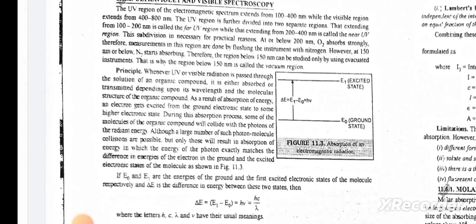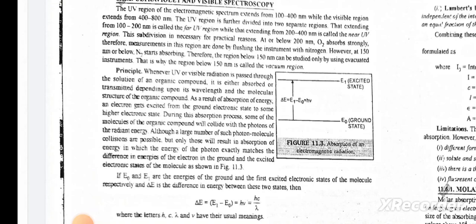Principle: whenever UV or visible radiation is passed through the solution of an organic compound, it is either absorbed or transmitted depending upon its wavelength and the molecular structure of the organic compound. As a result of absorption of energy, an electron gets excited from the ground electronic state to some higher electronic state. During this absorption process, some of the molecules of the organic compound will collide with the photons of the